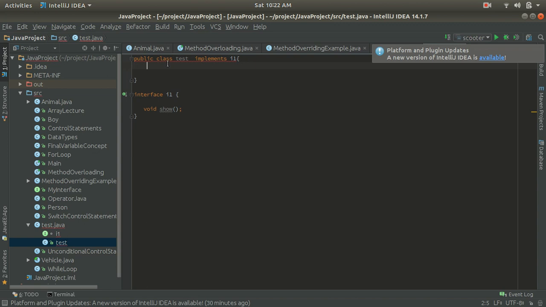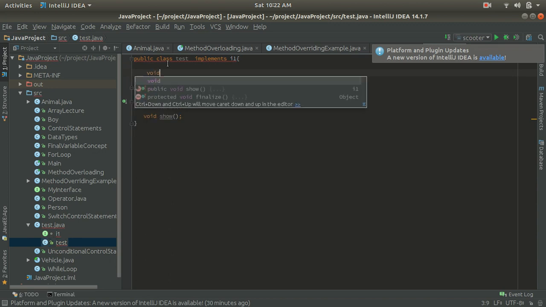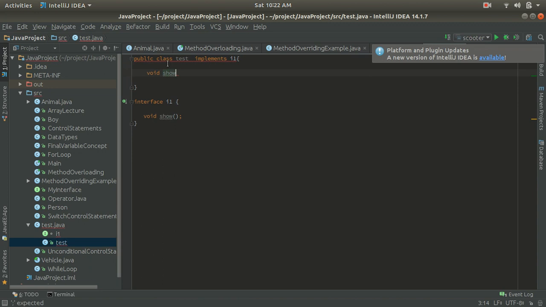So for now I am going to implement this method, or I am going to override this method. To override this method, you have to write void show, and inside this method you have to write your implementation. So let's say that I am writing a System.out.println, and here I am writing interface.